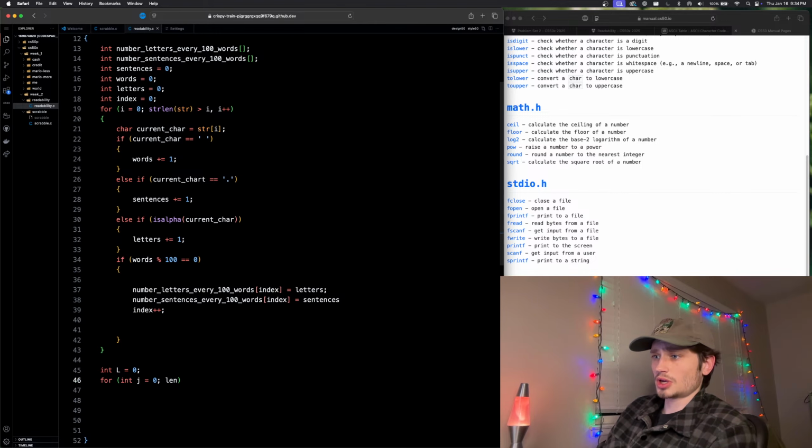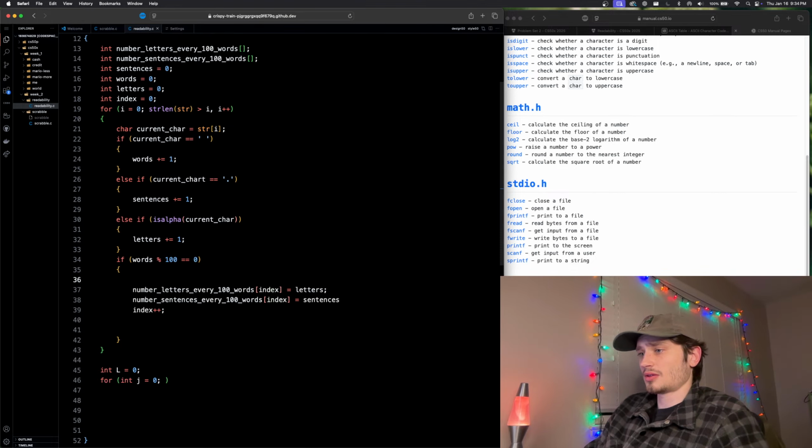For j equals 0 through the number, we need to know how many times the, right, because every 100 words we made an update. So we can log a count for the length of